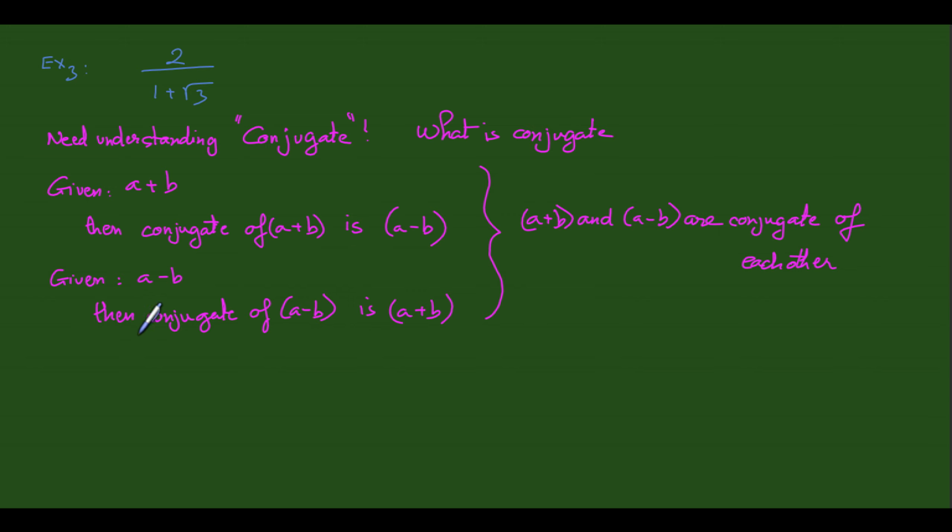It's not a nice color at all, though. Alright, so in order to rationalize this, you need to get rid of the radical here. You must multiply, okay? So the strategy is